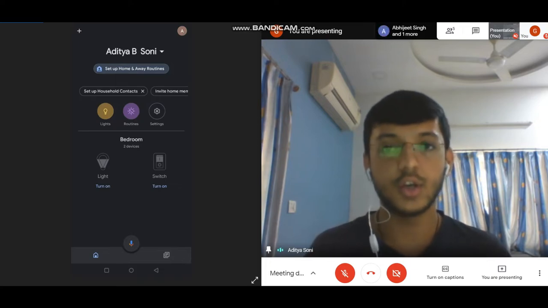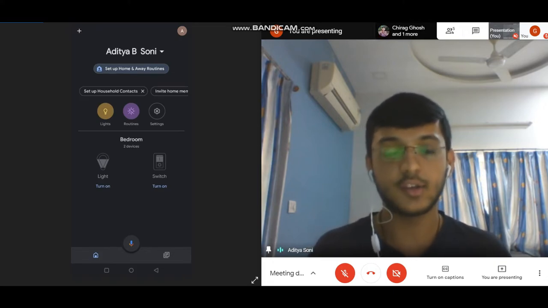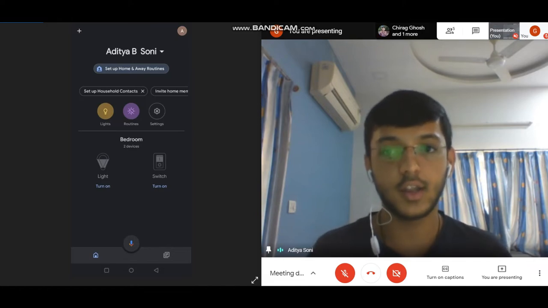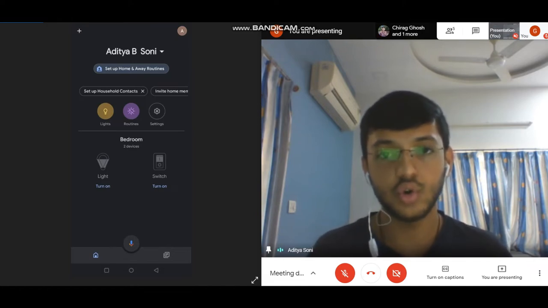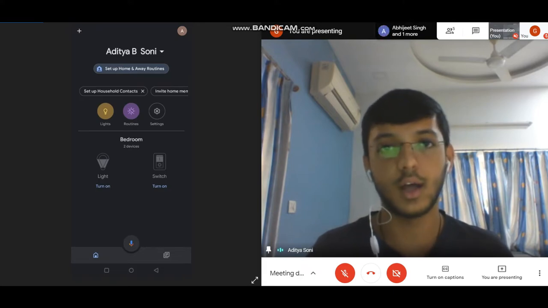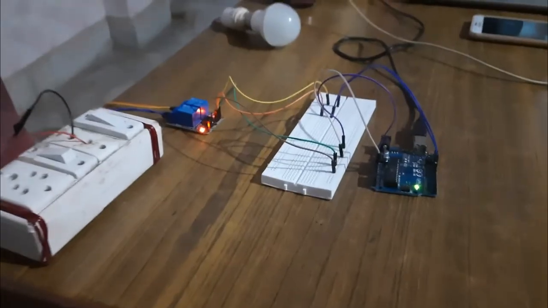Another interesting feature which I would like to mention is that this virtual operation can take place irrespective of any distance constraints. Even though we are in different states, we can virtually operate these appliances. Additionally, the Google Assistant can understand Hindi as well as English. So these are the features which the mobile application is providing, and you will understand all these features better when we show a video demonstration of the same product. Thank you.